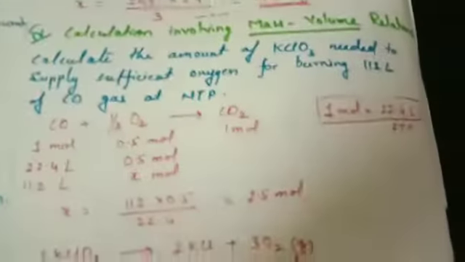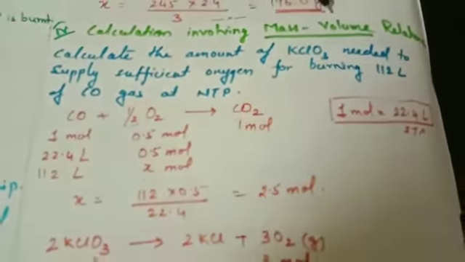Today I came with class 11 topic, that is the first chapter, Some Basic Concepts of Chemistry. In this chapter I am going to deal with the topic stoichiometric coefficient, that is part 2. In part 1 we discussed the mass concept, mole concept as well as mass-mole concept. In this topic we are going to do mass-volume concept as well as volume concept as well as limiting reagent also. So, coming to the topic, in this we are going to study the mass-volume concept.